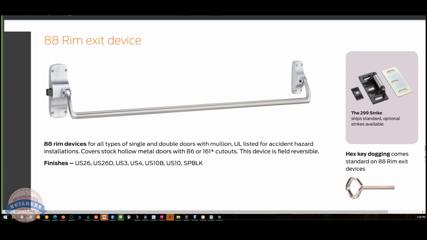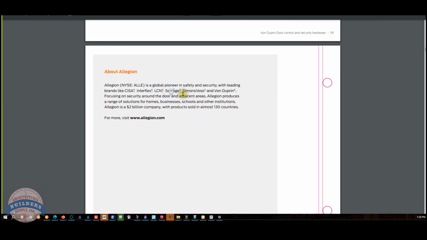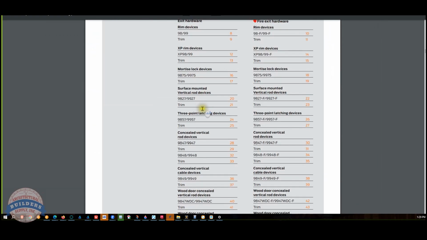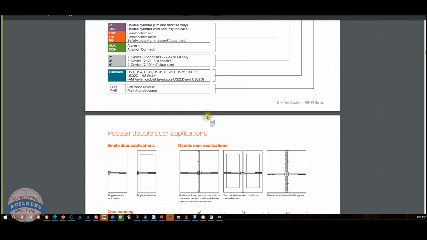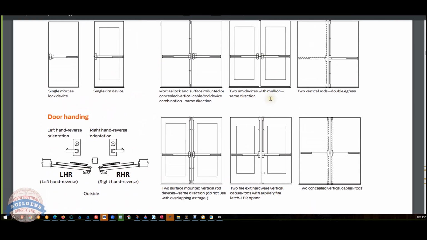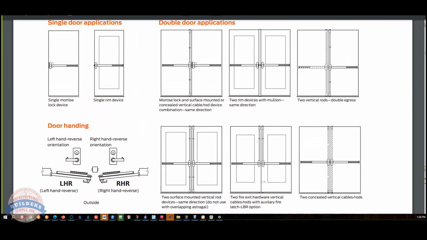Why would it seem a little foolish of a question to ask, but why would somebody want the vertical rod? Why would they not? Is that usually just spec'd based on the architect? Versus what? I don't know. Versus a rim device? Yes. Like, is there always a concealed vertical rod or a vertical rod in that type of device or in that type of door entryway? Well, of all of the different device types, there's rim, there's vertical rod,